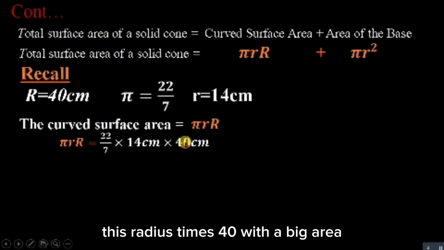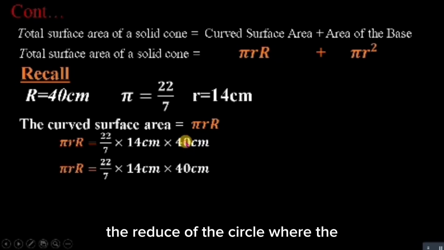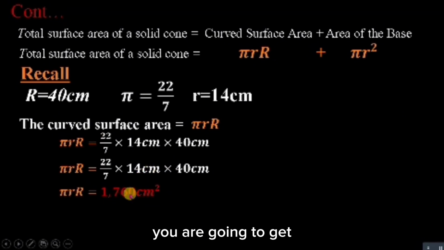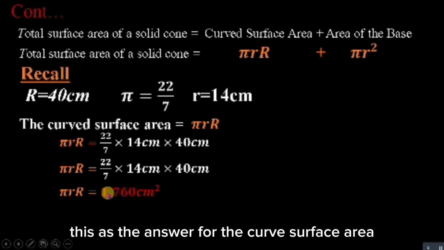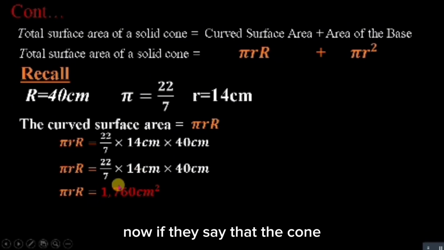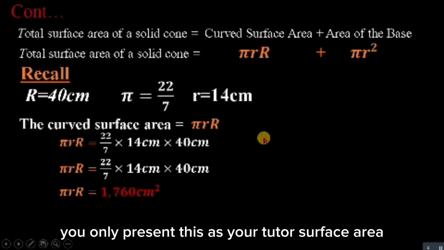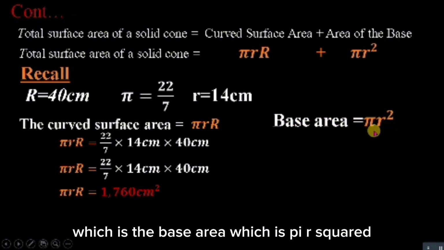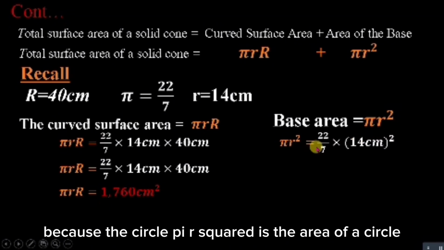When you do your arithmetic very well, you are going to get this as the answer for the curved surface area. Now, if they say that the cone base is opened, you only present this as your total surface area. But if it is closed, then you have to find the area of that circle, which is the base area, pi r squared, because pi r squared is the area of a circle. You do the substitution and you get the answer as